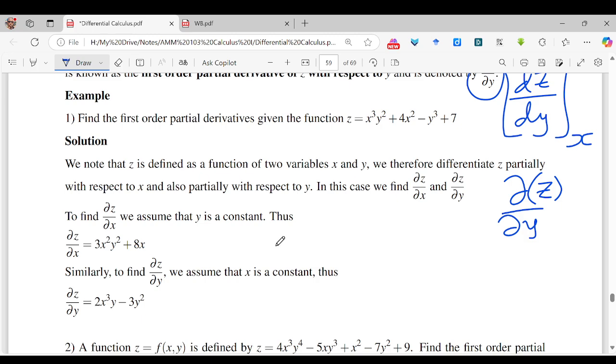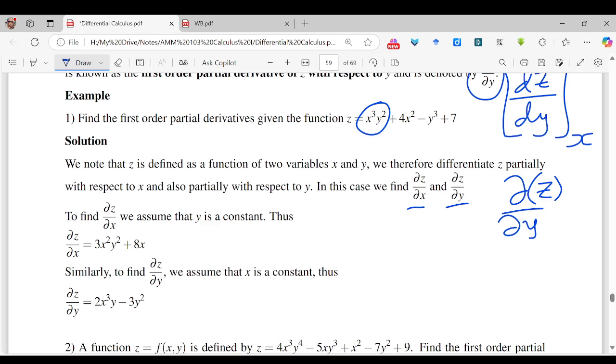In this case, we find the two first order partial derivatives. So to find the partial derivative of z with respect to x, we shall assume that y is a constant. So when we are differentiating a term like this,